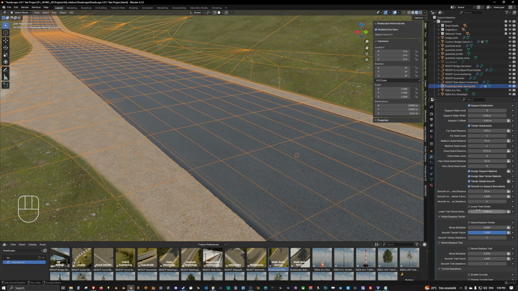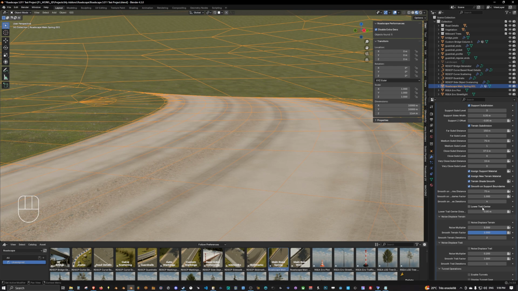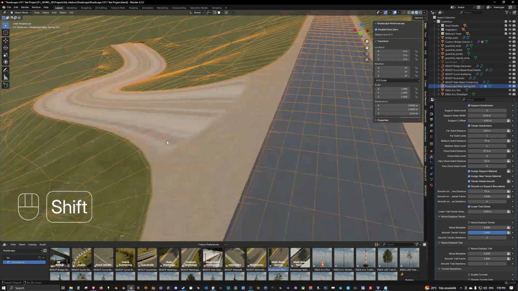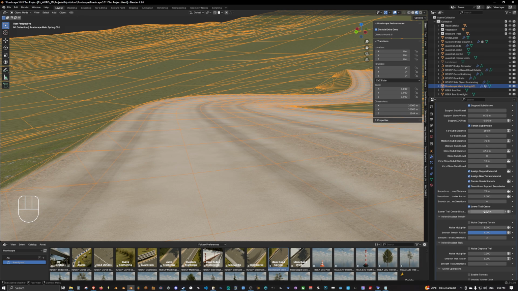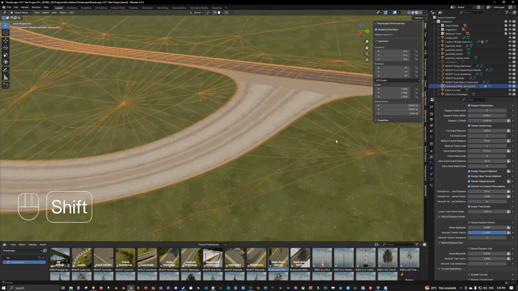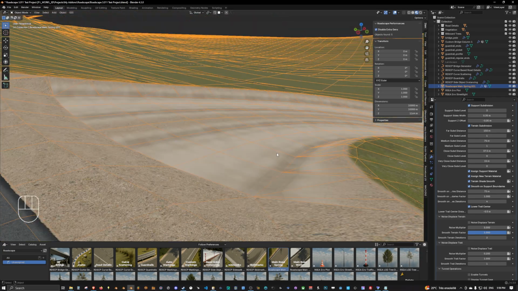Yeah, you have a new option as well for the trails, which is lower trail centers. Okay, so if I enable it, it will select only the center of the trail and lower it by this value. By default, it is set to 0.25 millimeters. Let's go to, I don't know, 0.50 centimeters, and you will see that it's going to be very intense. And as you can see, you can now lower the trail